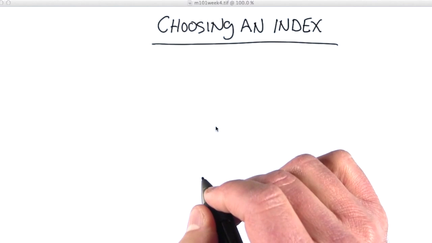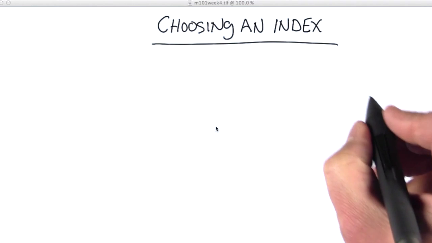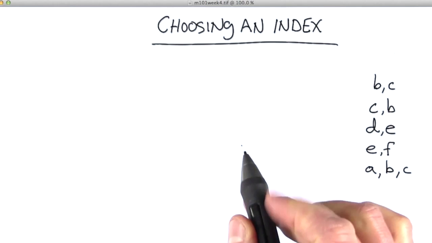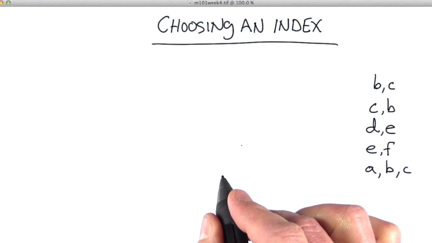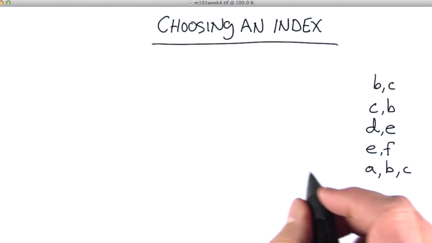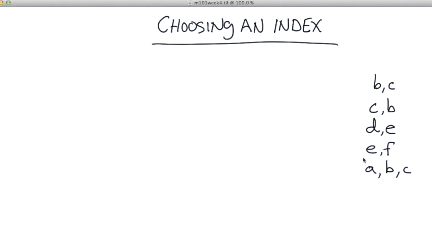Okay, now let's take a look at how MongoDB chooses an index to satisfy a query. Let's imagine we have 5 indexes. When a query comes in, MongoDB looks at the query shape. Shape has to do with what fields are being searched on and additional information such as is there a sort. Based on that information, the system identifies a set of candidate indexes that it may be able to use in